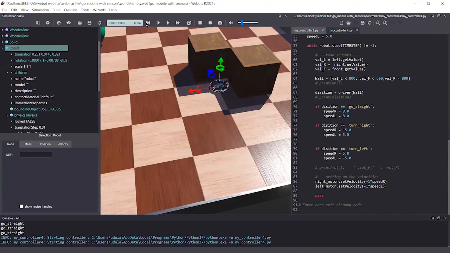Let's put the driver here. The driver goes straight, and there's a wall ahead, and the driver turns right.